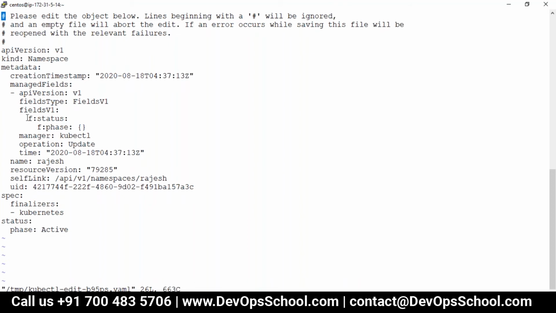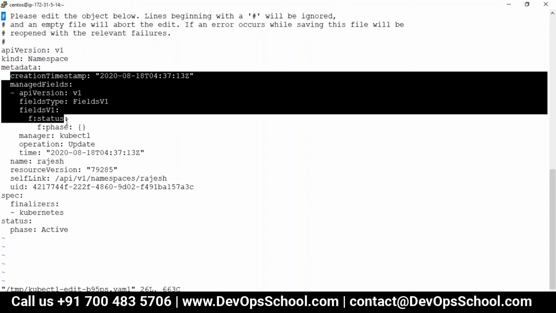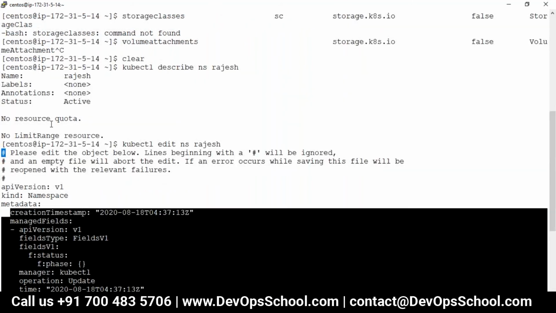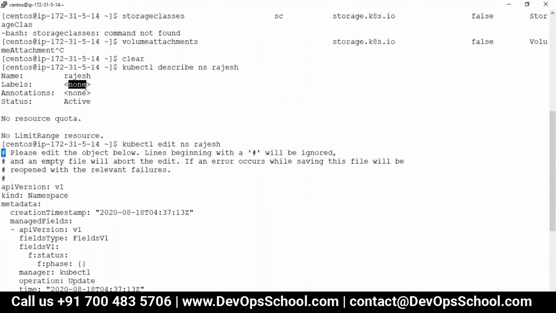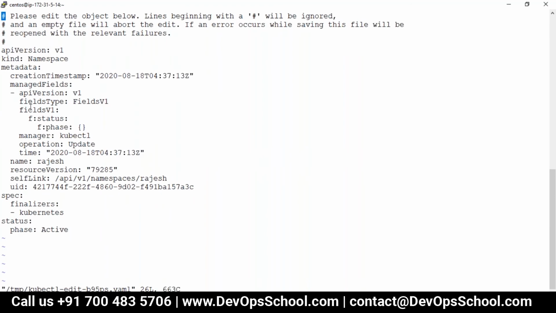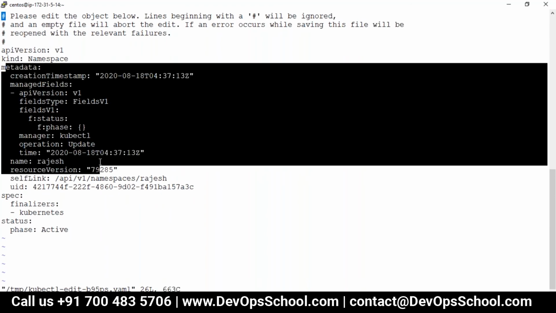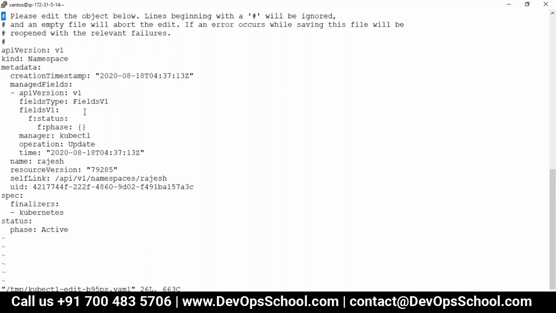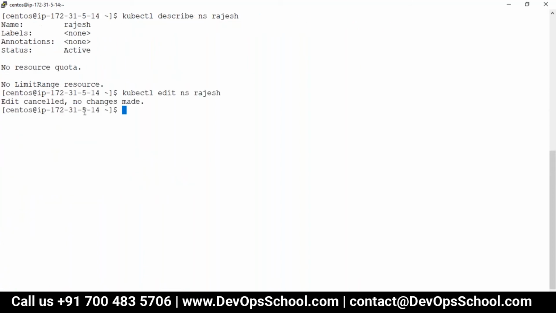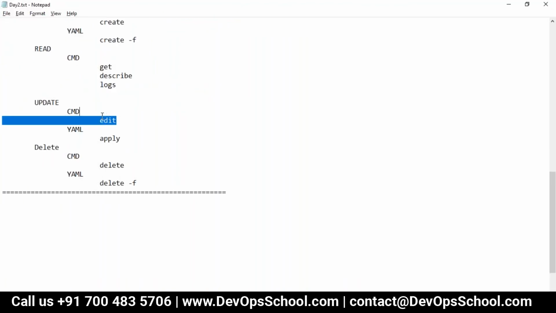Here you see there are no fields which I can modify, but labels is none. So you can introduce a labels field under this and then modify it. Right now I'm not complicating. I quit, see, no changes made. So I can modify using the edit command.